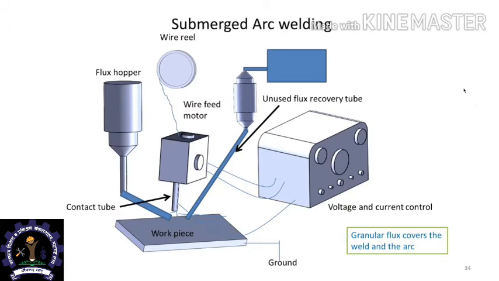Here is a schematic of what is called submerged arc welding. Submerged arc welding, as the name implies, what is submerged? In this case, it is the arc assembly that is submerged. The flux that is supposed to protect the arc and also perform other functions such as adding material is taken in coarse-grained form, and there is a hopper that supplies the flux on the surface of the material.